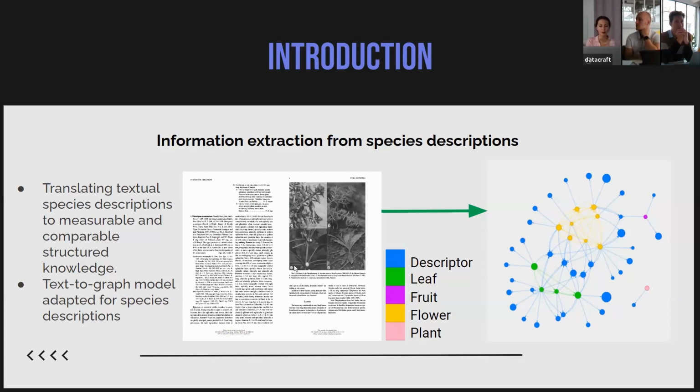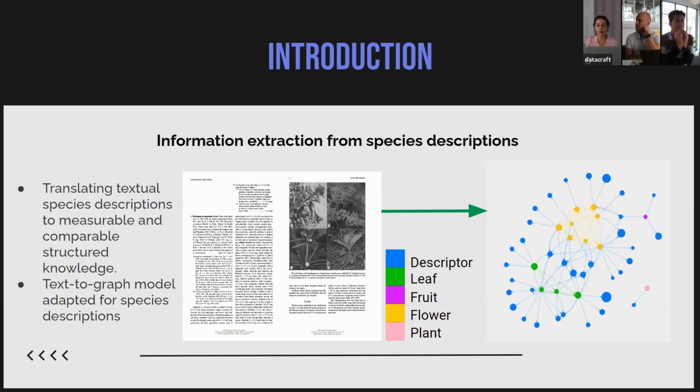So typically these species descriptions are used by experts, by botanists, for example, in order to compare species between them and to identify if a specimen belongs to a given species, which is called species identification. And the main problem is that it's actually really hard to go through all the species descriptions that are contained in all the floras in order to identify if a specimen belongs to a given species. And so what experts tend to do is that they try to translate the species descriptions into graphs, like you